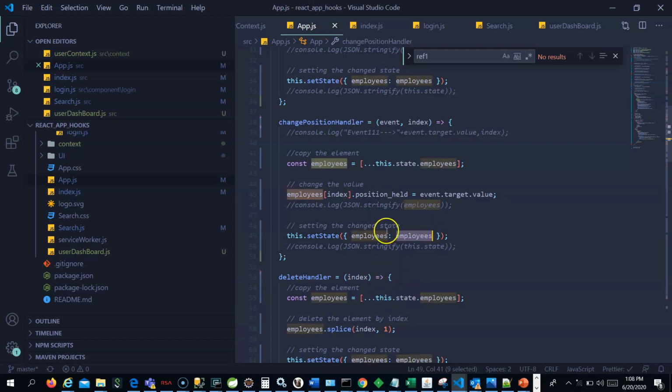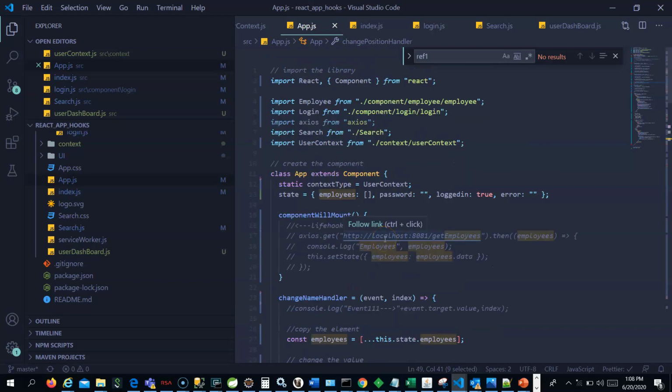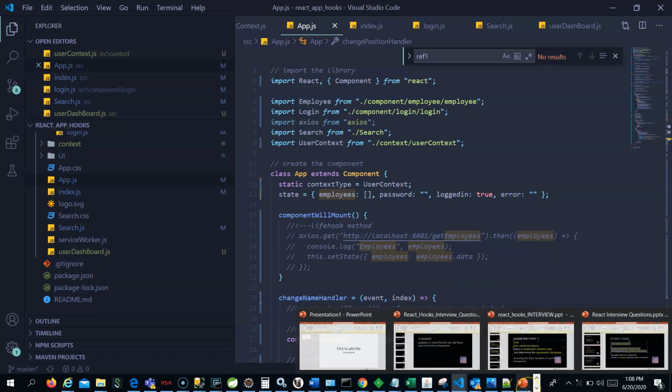Previously, only the class components were able to access the state and the functional components were not able to access the state. Whenever they wanted state, they would send the values back through props to the class component, and the class component would change the state. That's how the functional component was used only for presentation.